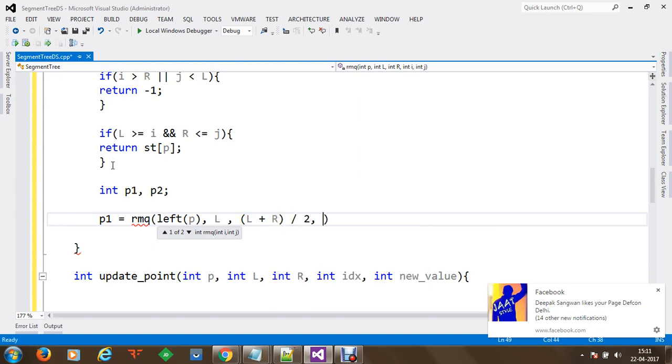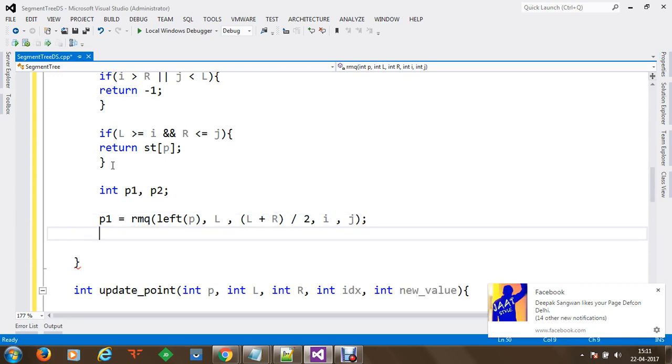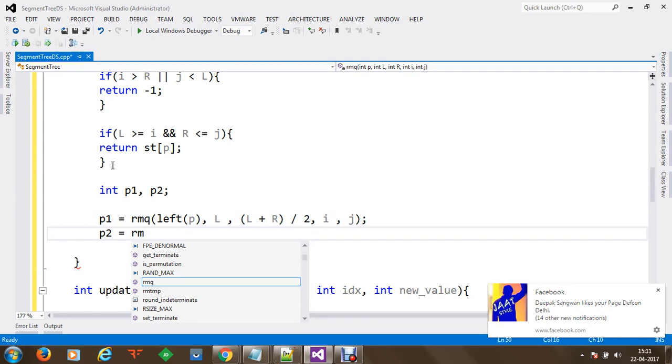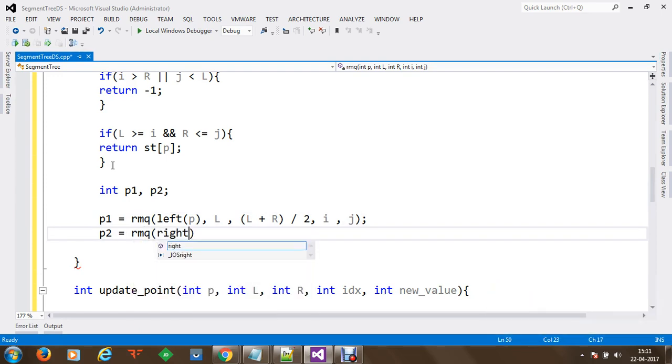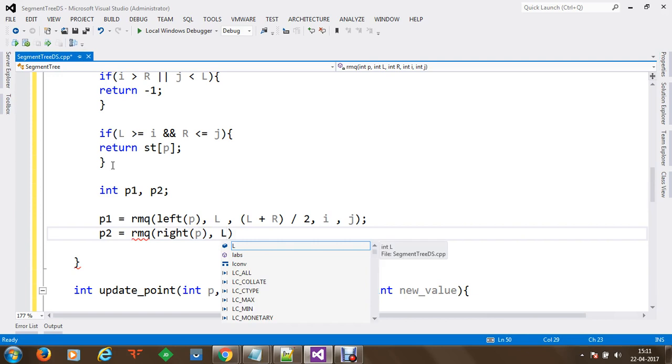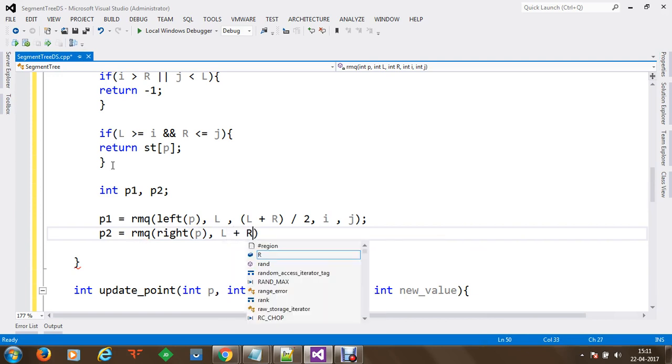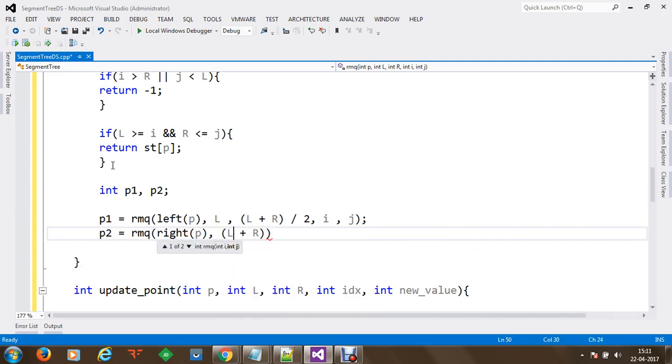So that will be an RMQ query, and we are going to specify i and j as well. So we are going to get the position. We are going to get the position for p2 as well for the right element. So once we get the right element position, we are going to specify L plus R divided by 2 plus 1. So that will be like the next element which we are taking, and moreover we are going to specify the right element, i and j.